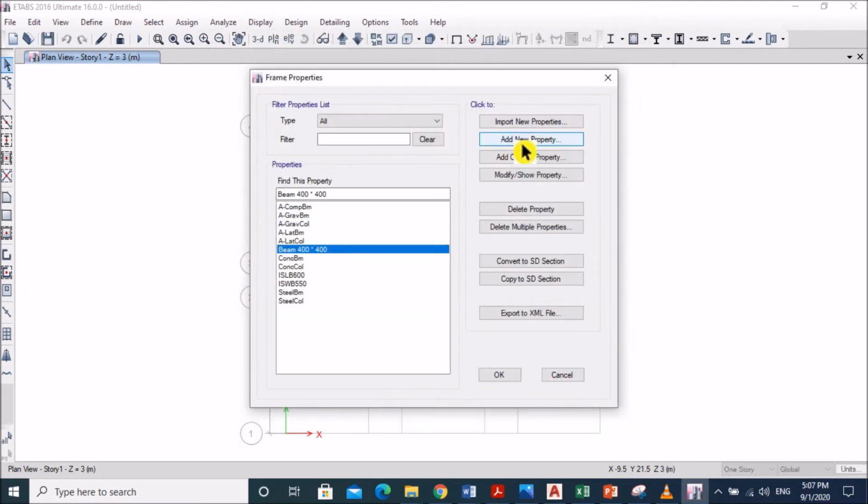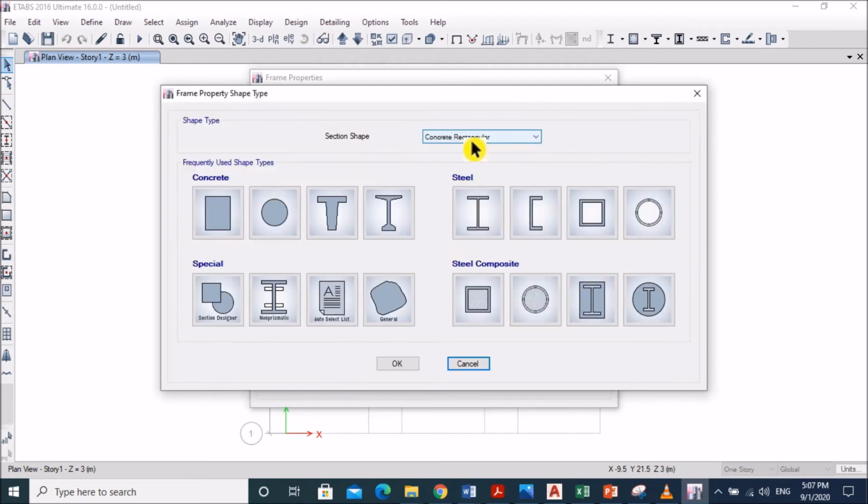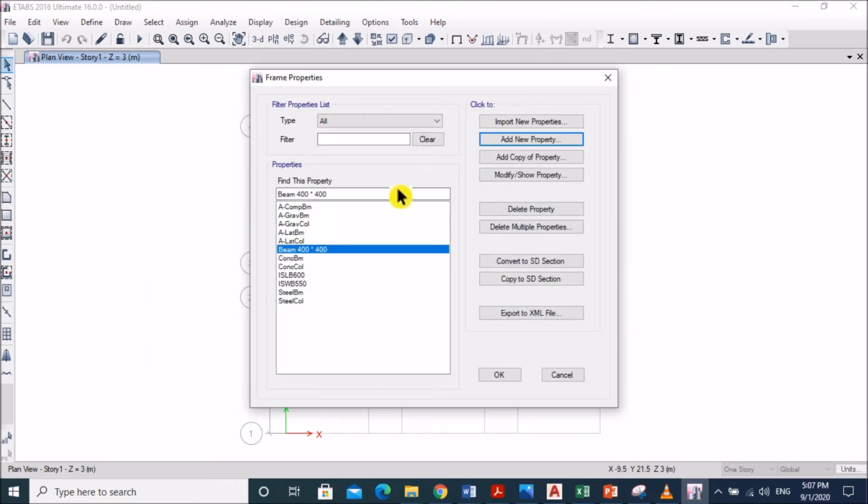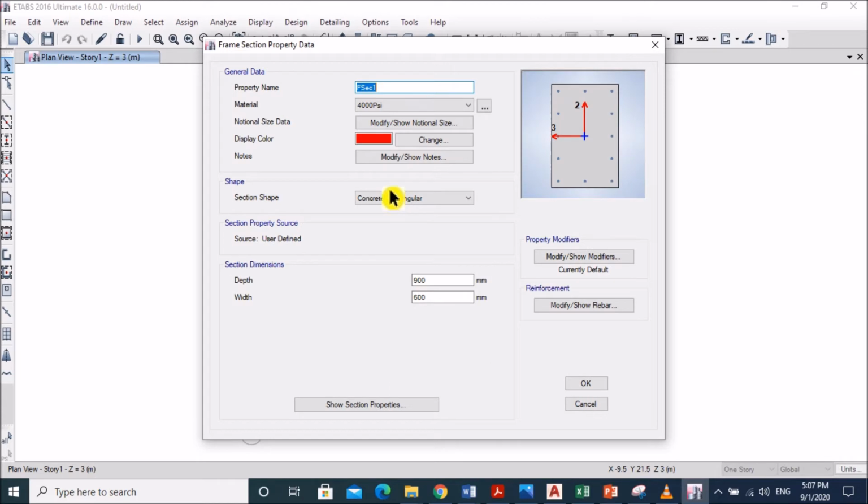OK. Again add new properties, then rectangular concrete and choose this rectangular option. Now we have to define the column, and the column is 400 by 400. The size of the column would be 400 by 400, right?